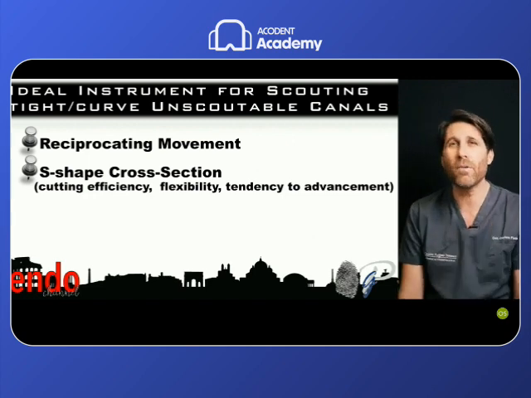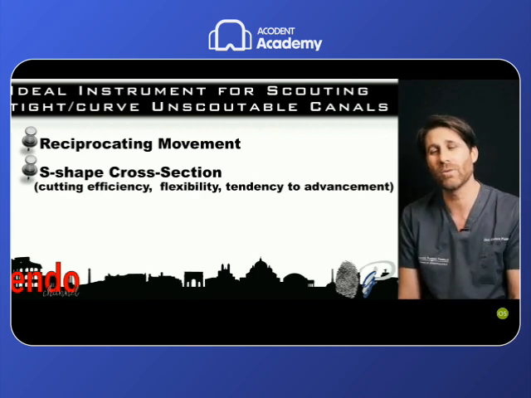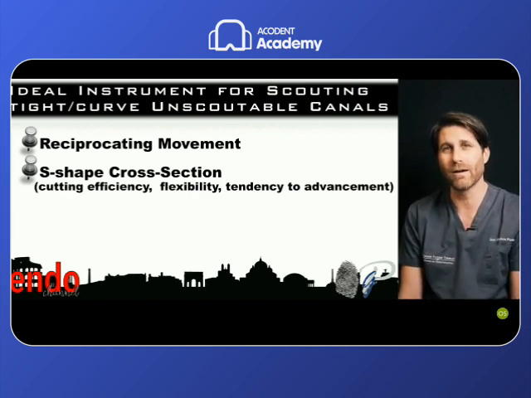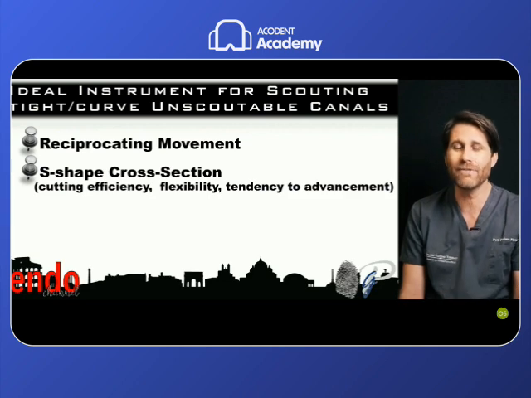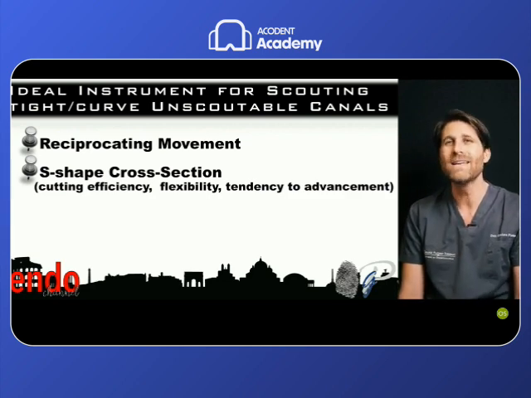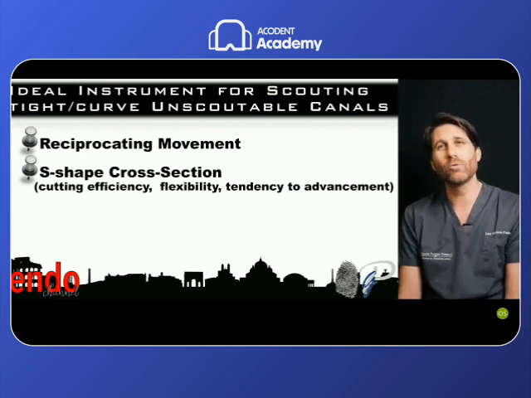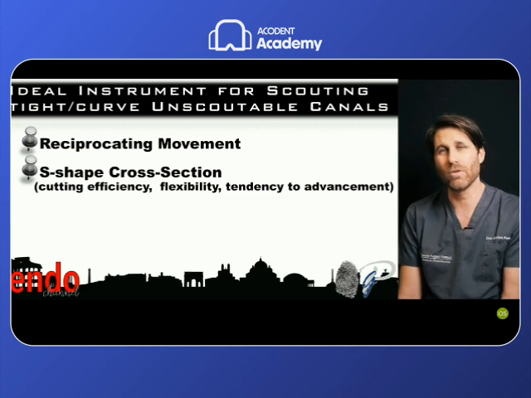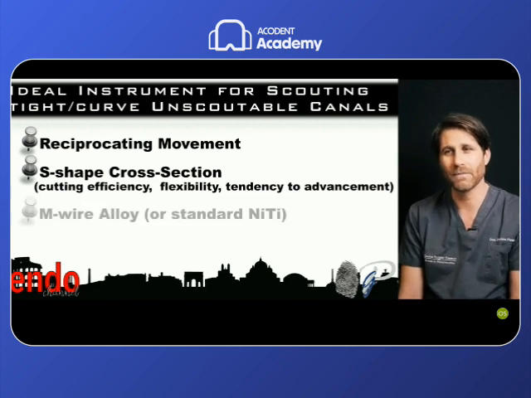That is very important if we want to scout an unscoutable root canal, especially in the apical third. The self-advancement, the auto-progression, is a mandatory property to follow a natural path that is not scoutable, thanks to the mechanical file and its characteristics.